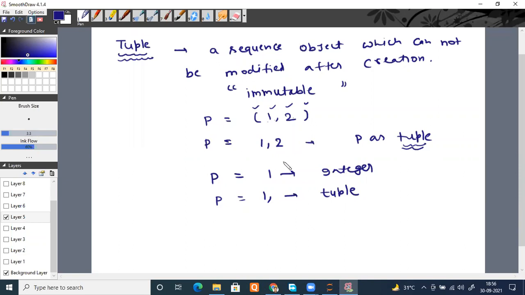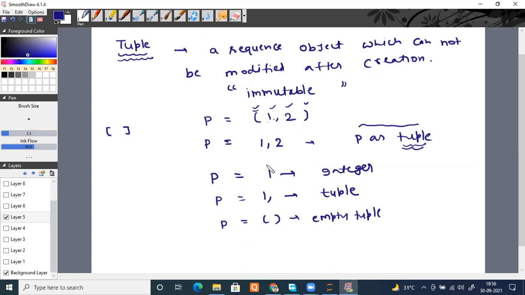You can also create an empty tuple like this. Just put round brackets, it will be an empty tuple. Like we created an empty list by square brackets, you can create an empty tuple this way. So understand, a tuple can be created with these round brackets. Put any data type you want inside, doesn't matter. If you forgot to put brackets, doesn't matter, still it will be considered a tuple.